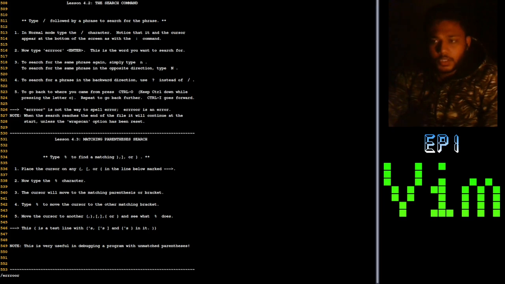Now if I want to jump to the next word, I will hit N, that is for next. So I will hit N. Again, if I hit N, it will go to the next word. Now suppose I want to go back to the previous search, like previous word, then I will hit capital N, that is Shift N, and it will go back to the previous one. Right,